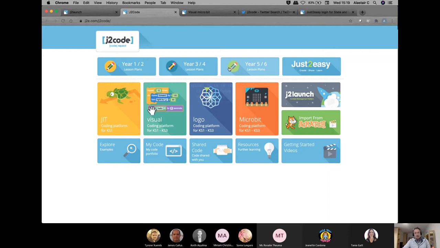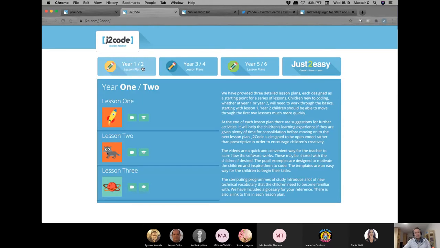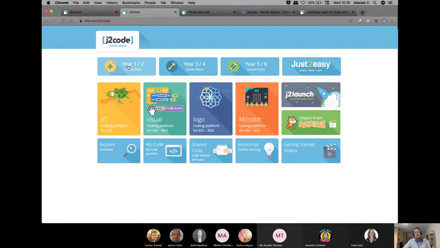At the top of the page, students and teachers alike will see these lesson plans. Very useful for you to use as an educator, because what you can do is every single one of these areas, so this is year 1 and 2, year 3 and 4, and year 5 and 6. Let's start at year 1 and 2, but as I've said, they are equally usable further up the age ranges as well. Once I've clicked on year 1 and 2, if I press it, it'll toggle between the lesson plans and the screen to go into actually using the tools.